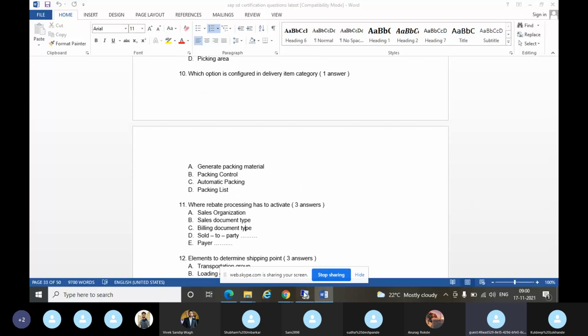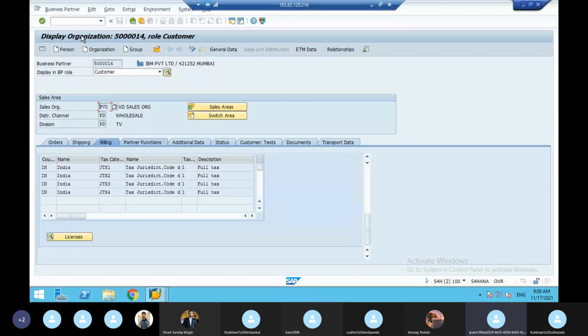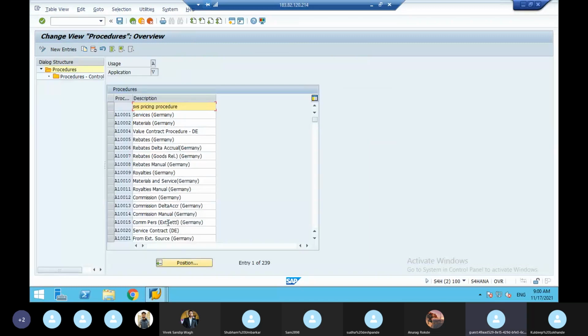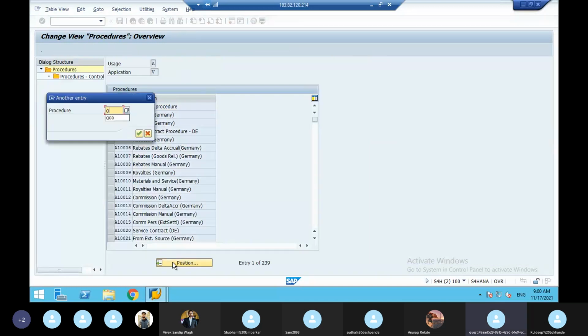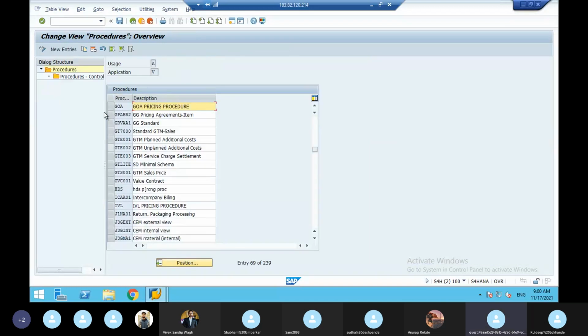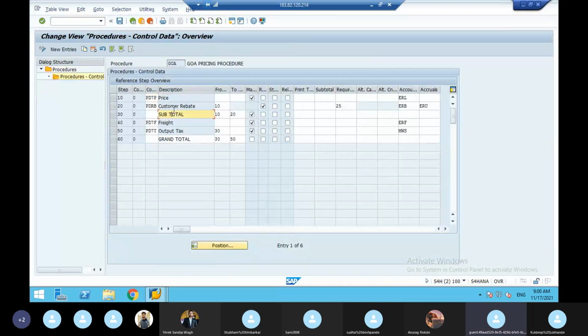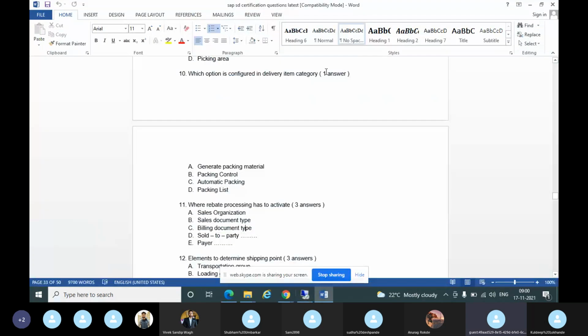Once you do this, see in the pricing procedure, what is there? In your pricing procedure, V/08, rebate discount is there now. In the pricing procedure, you have, see here, customer rebate is there. So here there is no manual entry, only required. This is also an interview question. How will rebate be maintained? Rebate discount will be maintained through the rebate condition record. That is why I mentioned here I maintained the rebate condition record.